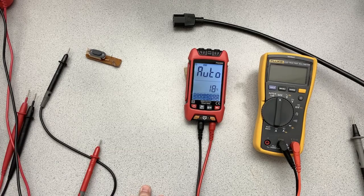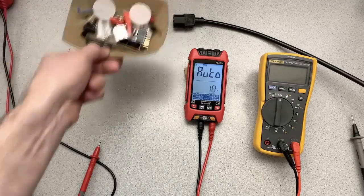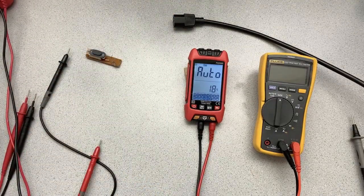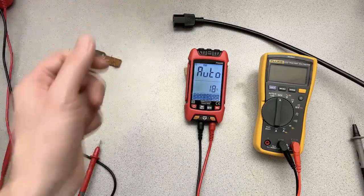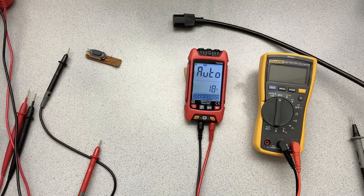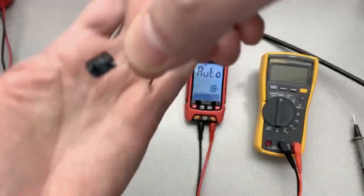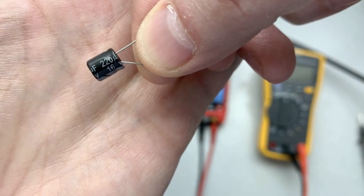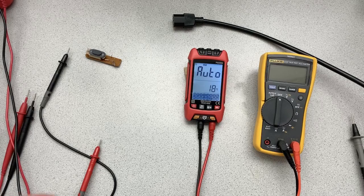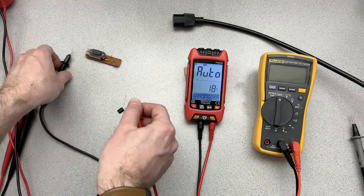Let's look at a couple of other things here. So we have this, it will measure capacitance. So look in my junk bin here. I have a capacitor. This capacitor, I think this is 220 microfarads. Let's see if we can get to focus on that. So that looks like 220 microfarads. So if we connect the probes up here,